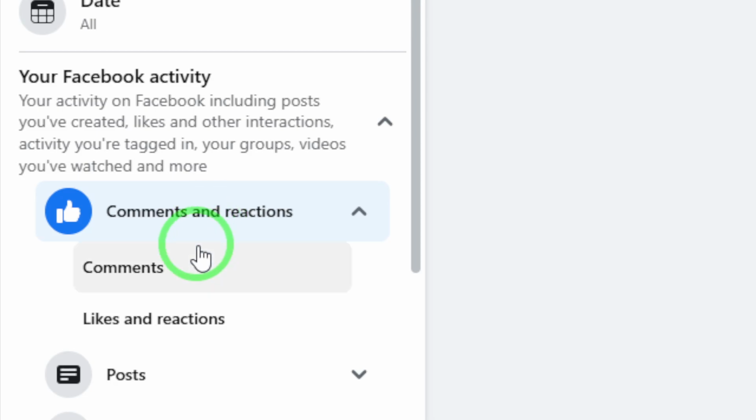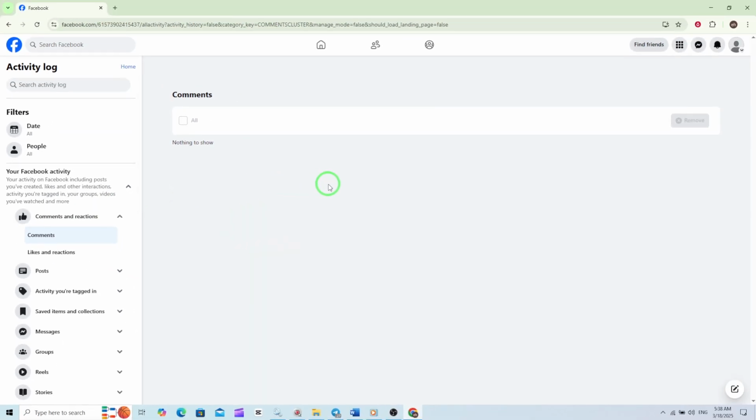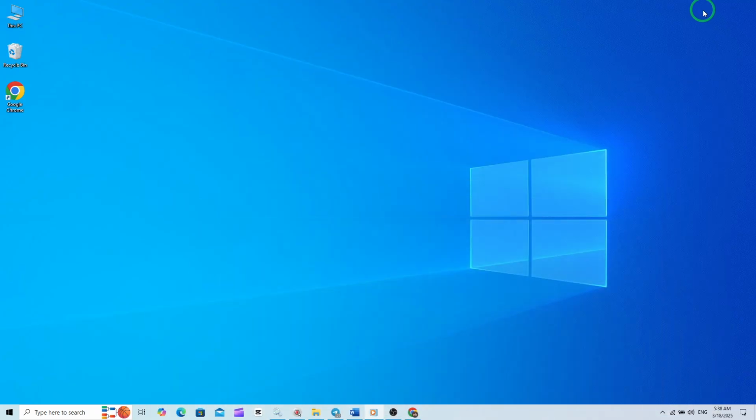Now, select Comments. Here, you'll find a complete list of all the comments you've made on Facebook. You can scroll through them to review, edit, or delete any comment if needed. And that's it. By following these simple steps, you can easily access and manage all your comments on